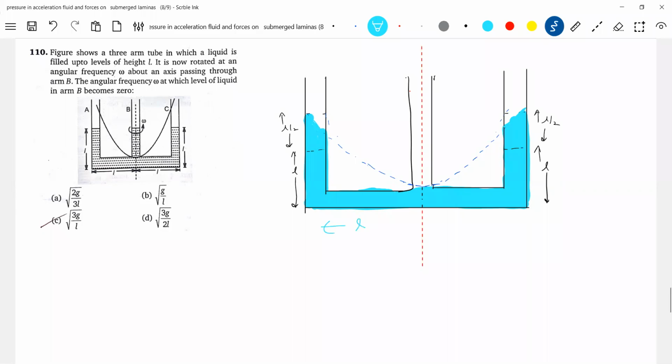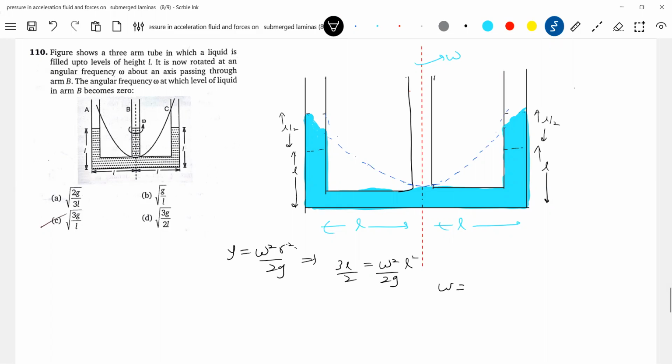No, this is L, no? It is rotating with an angular velocity omega. So what is y equal to? Directly get into the basic formulas. y equals omega square r square by 2g. Here y is 3L by 2, so 3L by 2 equals omega square L square by 2g. What is r? r is L. Solving this, omega equals